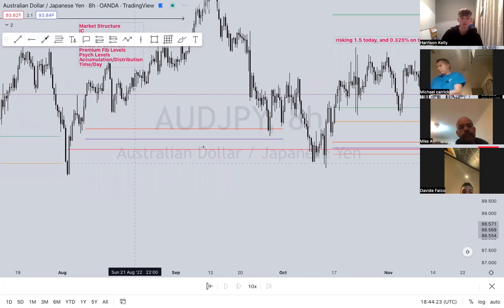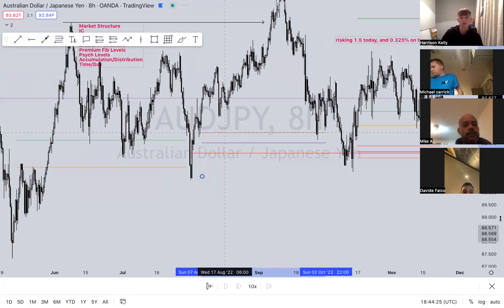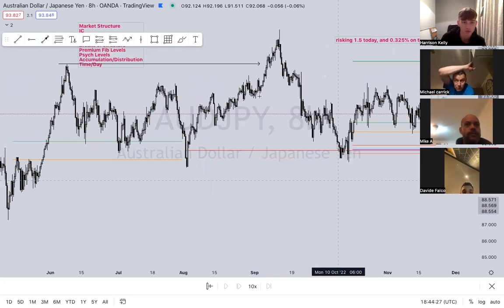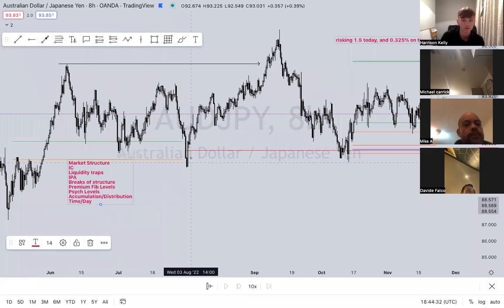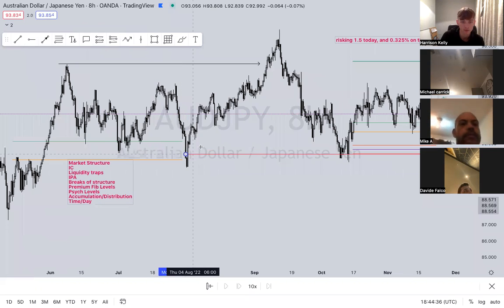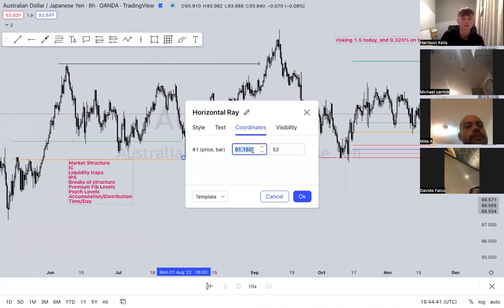So just going through the confirmations. All right. We've got a breaker structure, premium fib level. We've got an engulfing candle. So price did actually come to the engulfing candle, as you can see. So we're learning together here. So as you can see,